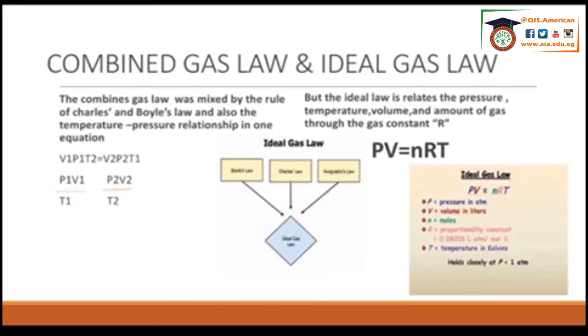In the ideal gas law, we have P first, which is pressure in atm. Then we move to the volume, V, which is in liters. Then we have n, which is moles. And then we have R, the proportionality constant, which is 0.08